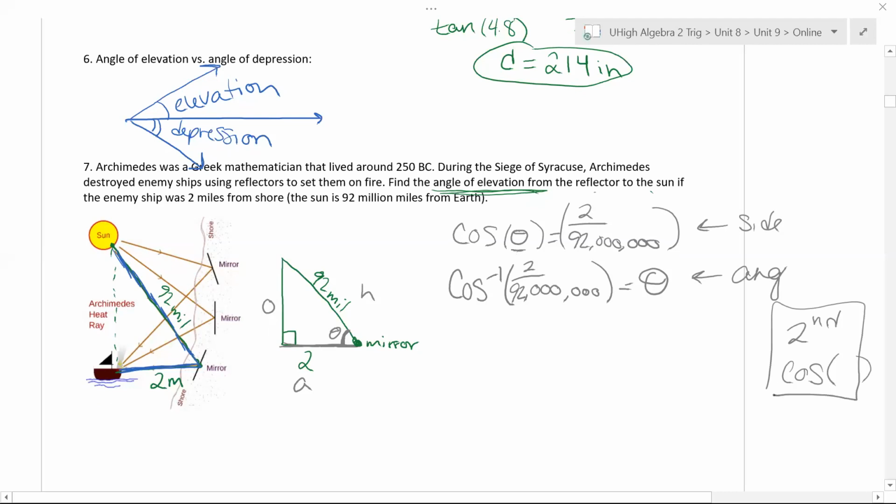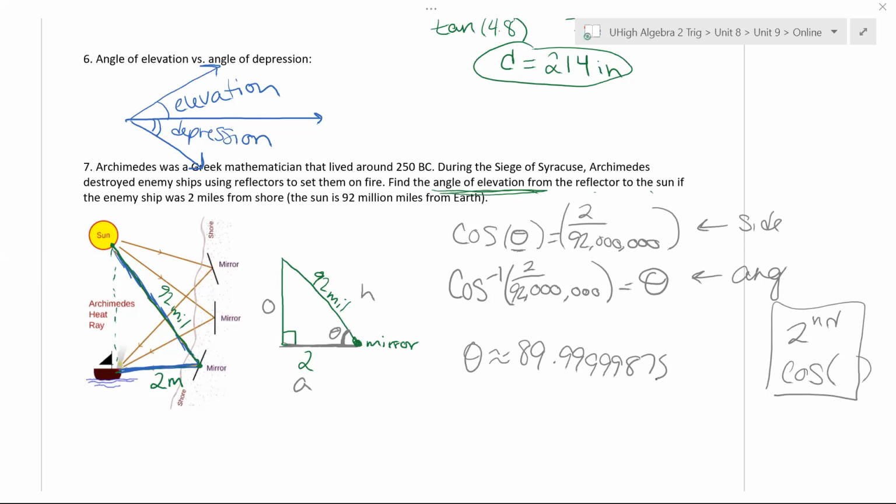Again, make sure that you are in degree mode or else it's going to give you an incorrect answer. But you should get that theta is approximately 89.9999875. So this is going to give us a really, really large number, something that's really, really close to